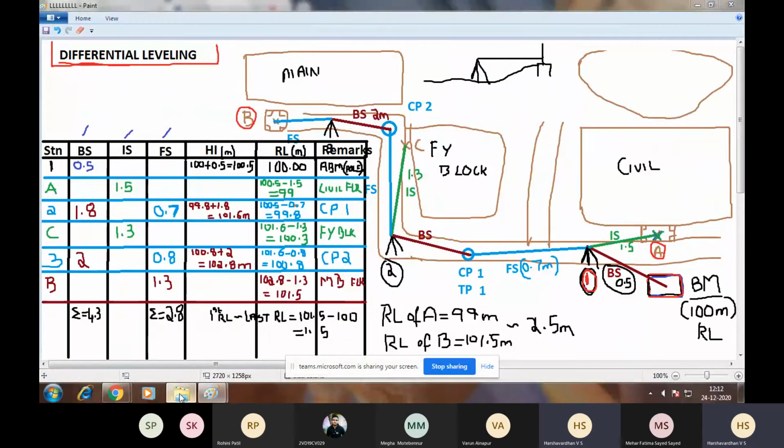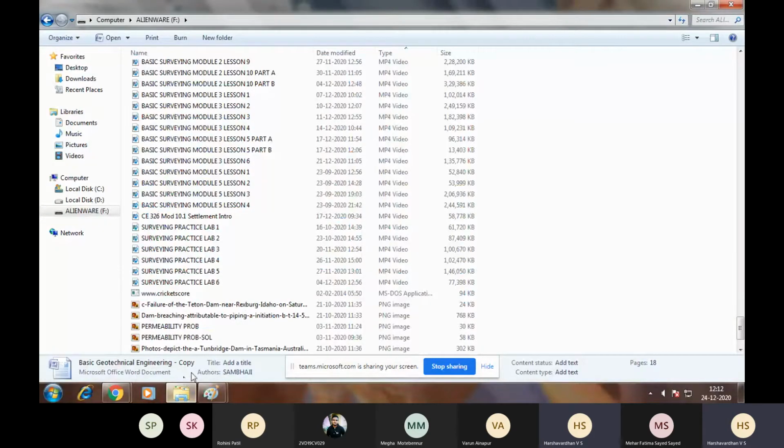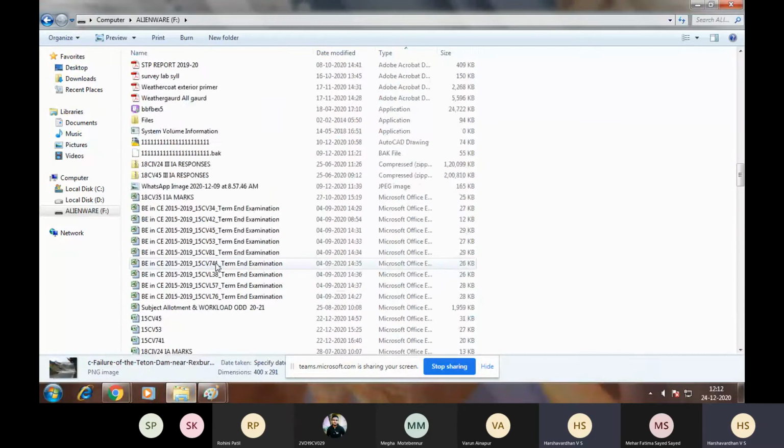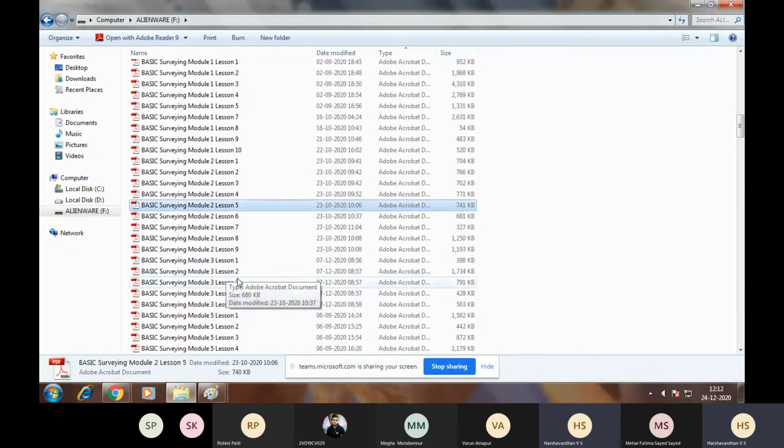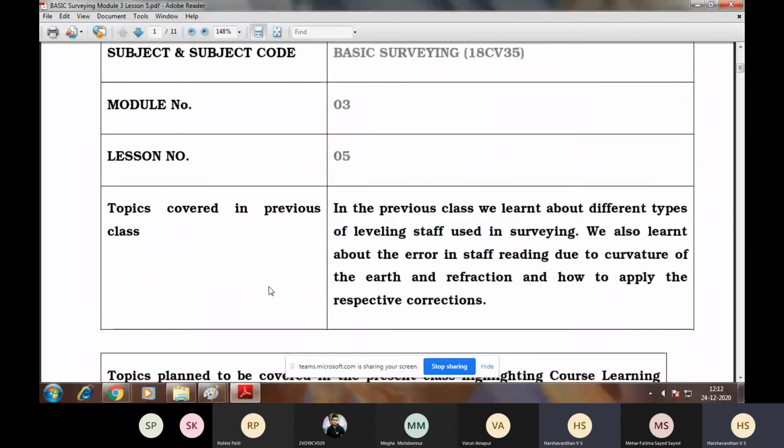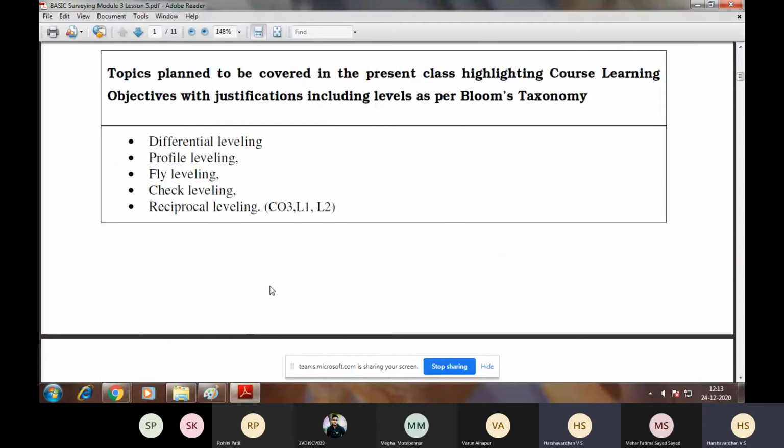The next type of leveling is fly leveling.